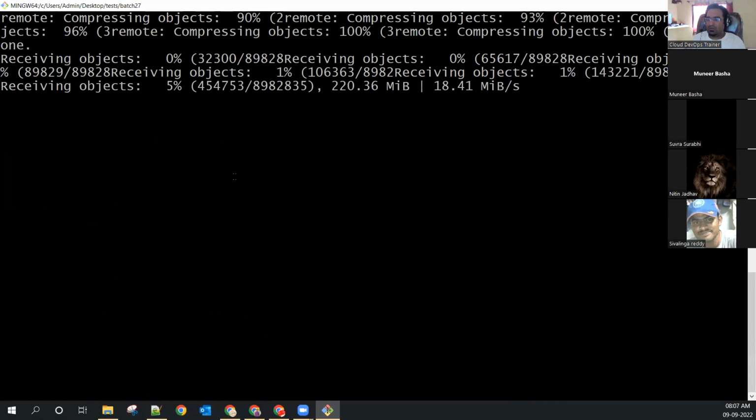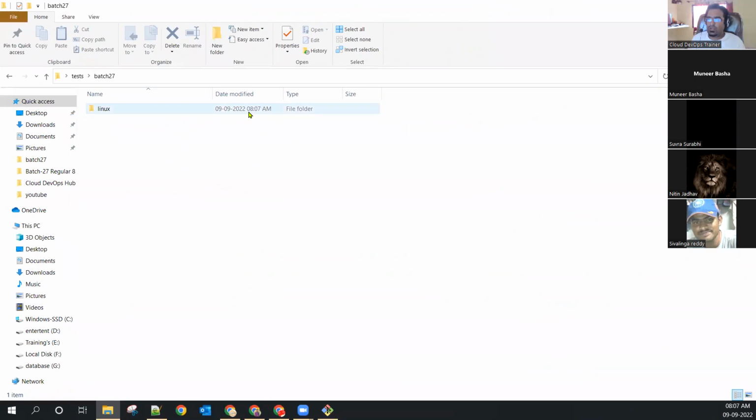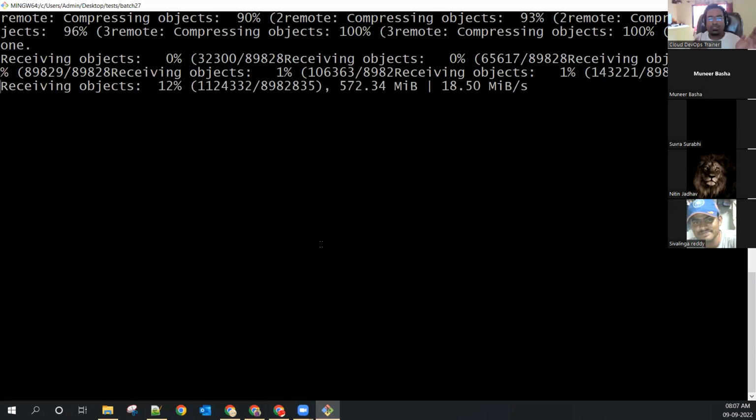Okay. See, it is downloading. It's a very big code. It will take a couple of minutes, but you can see here the code started downloading into this folder. It will all come into this folder. Able to understand what I'm trying to achieve? I want to download it with the DevOps approach, with the developers' approach.